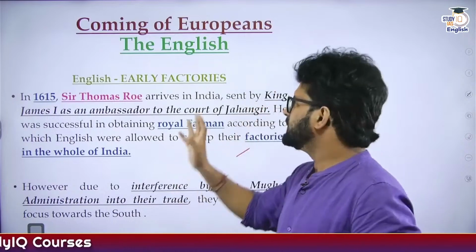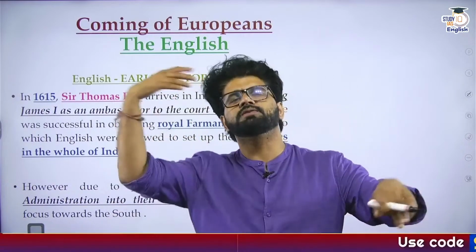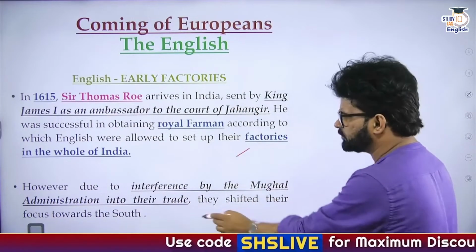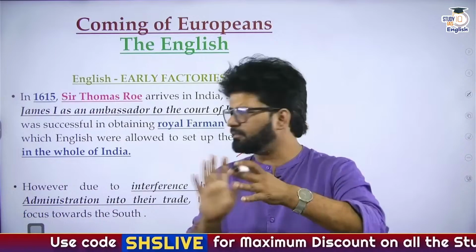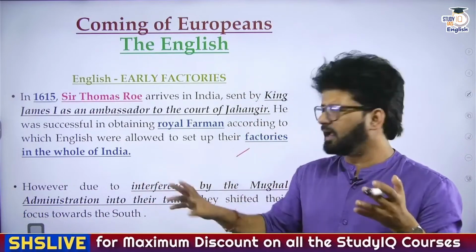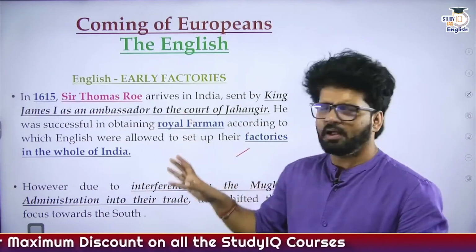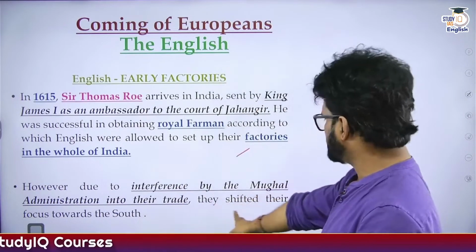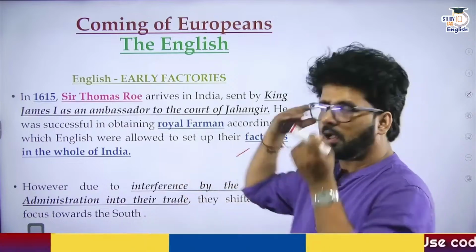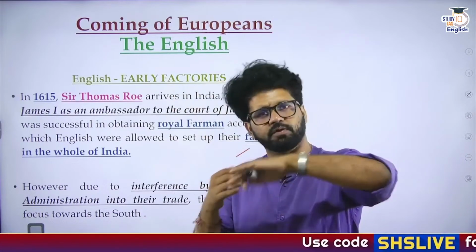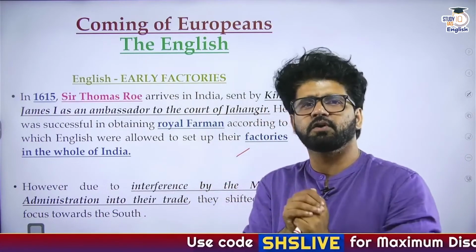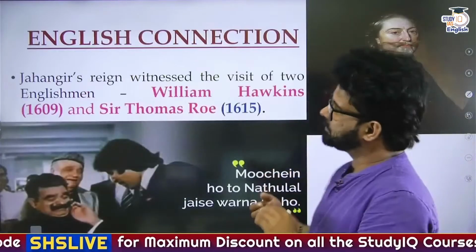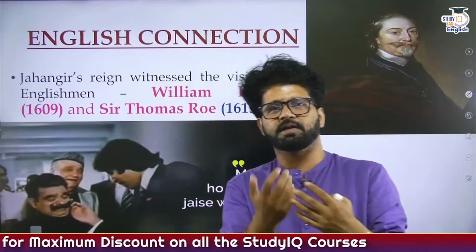But they were like, dude, even Jahangir is powerful, even Shah Jahan is powerful, even Aurangzeb is powerful. So let's first focus on South India, because they have comparatively lesser influence, and there the rulers are not that rigid and not that strong, so we can make factories in our own way. Initially they shifted their focus towards the south, but when the later Mughal rulers come, whom we talked about in the previous lecture, and they were not so strong, then they will start taking advantage of all these things. So as history teaches us, everybody takes advantage of the weak.